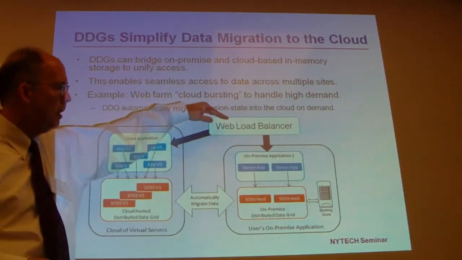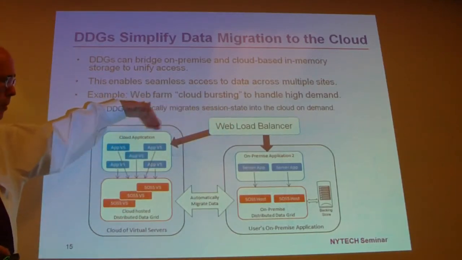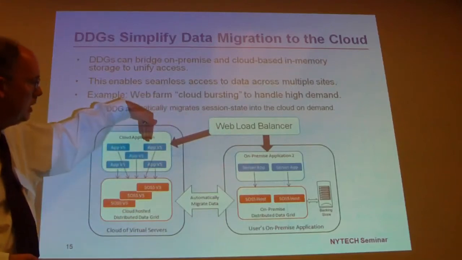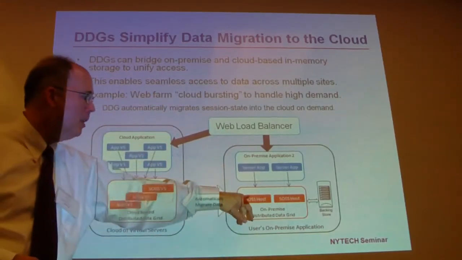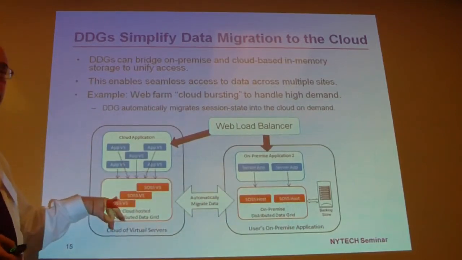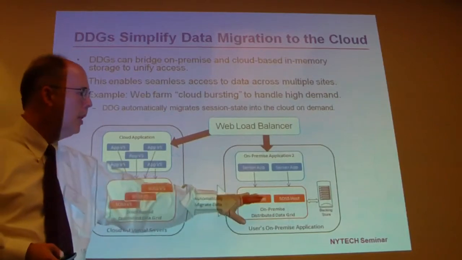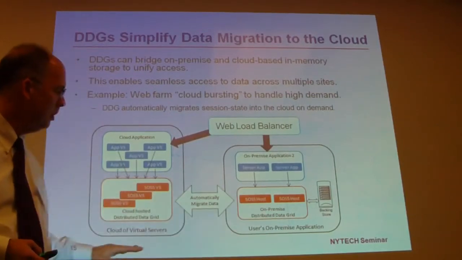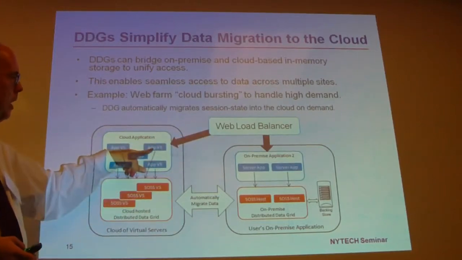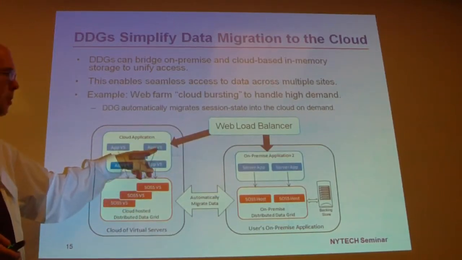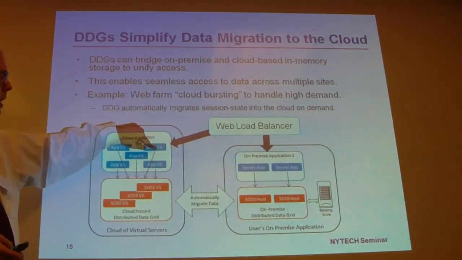They're going to turn on the load balancer and tell it, okay, I want you to send some incoming requests over to the cloud, so we'll balance between on-site and the cloud. And one of the things the grid can do is automatically migrate the shopping carts into the cloud for you, so that the customer doesn't have to find some way to take this data, put it in a database, ship it over to a database here, and then load it back in here when the web load balancer directs a request here. So just based on the customer's login cookie, this virtual server could say, I need a